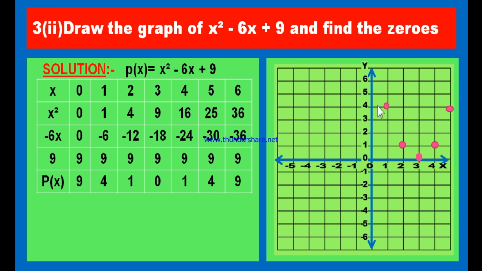Okay, after representing all these points on the graph sheet, you join them with free hand. Since it is a curve, you should draw with a free hand, not with scale. You should not join these points with the scale, but you should draw a curve like this with pencil. Understood? Now this is the curve. Like this you have to draw the curve. This is a parabola. Understood?